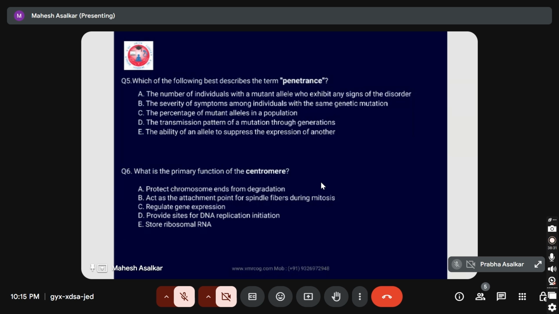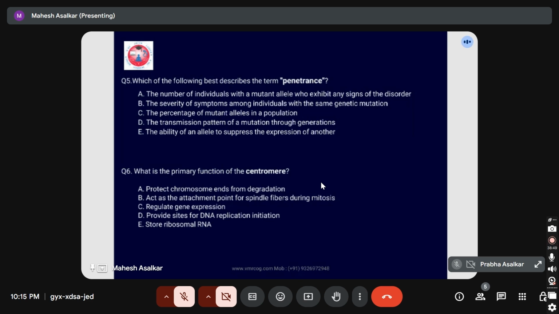Protect chromosome ends from degradation. Acts as the attachment point for spindle fibers during mitosis. Regulate gene expression. Provide sites for DNA replication initiation. Store ribosomal